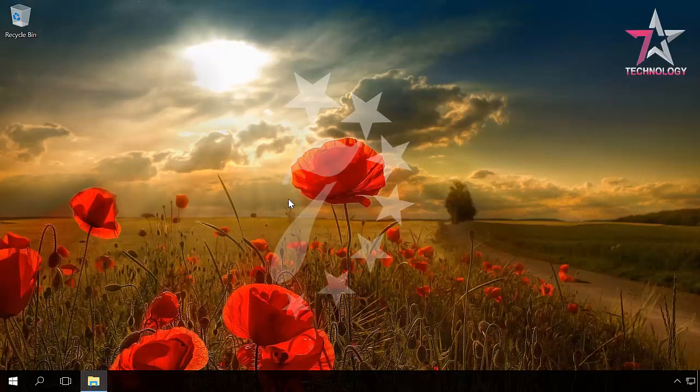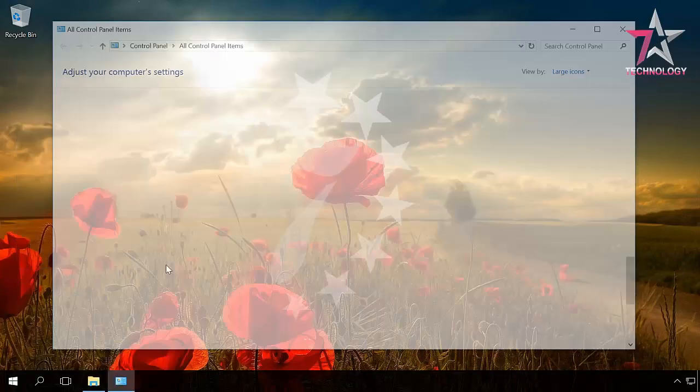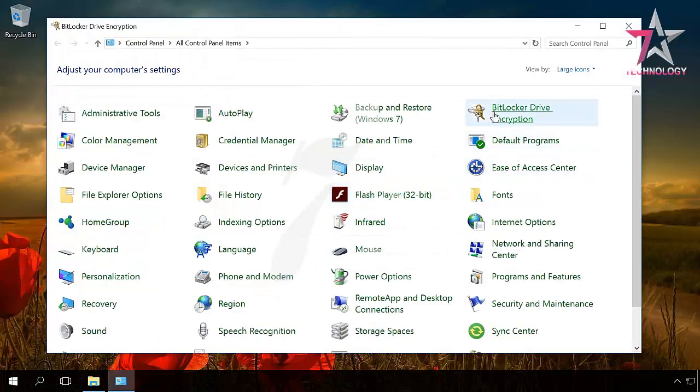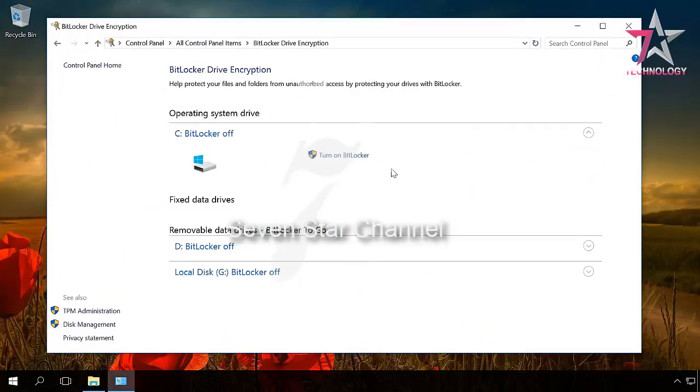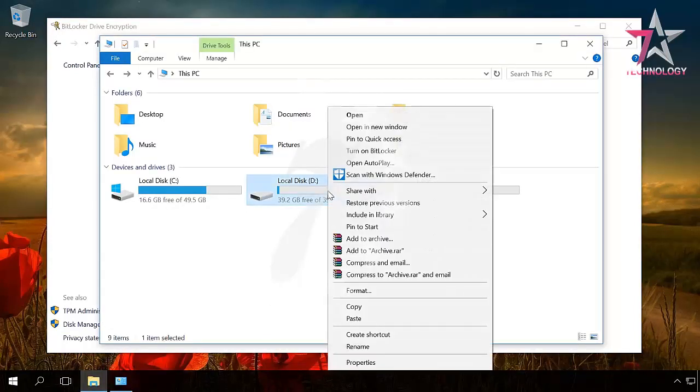The encryption process boils down to using a special algorithm to transform data into a format that can be accessed by the owner only. In order to enable BitLocker encryption, open Control Panel, BitLocker Drive Encryption. You can also encrypt a hard disk or USB drive by right-clicking on the necessary drive in the folder of this PC and choosing the element Turn on BitLocker. If this option doesn't appear in the list, then it means that you are using an operating system without BitLocker